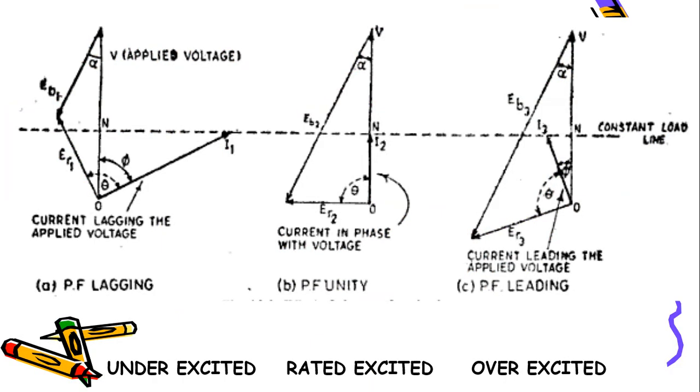In the part 6 video, we have seen that the under-excited synchronous motor will be working as what? A lagging power factor load. The normal excited synchronous motor will be working as unity power factor load, and over excited synchronous motor will be working as synchronous condenser, that is leading power factor load. Now we have to see a graphical representation of these conditions that will be finally giving us what?